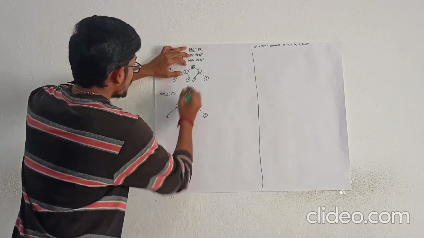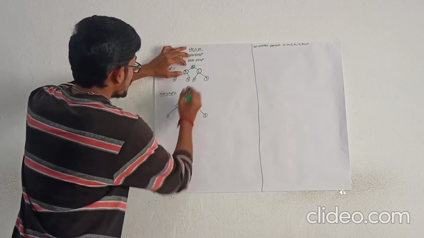is followed. And here, if you consider this subtree 3, 6, 7, here 3 is the root node and 6, 7 are child nodes. 3 is the least among 6 and 7. So here also among 4, 8 and 9, 4 is the least among 8 and 9. So the min property is satisfied.